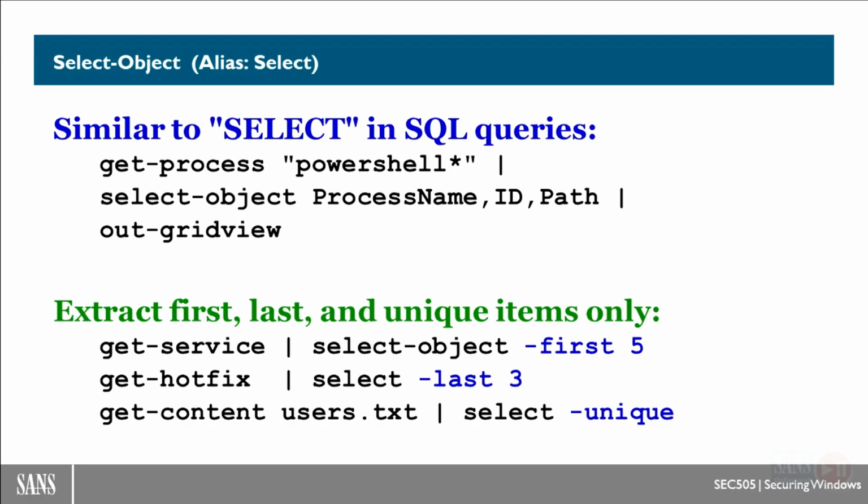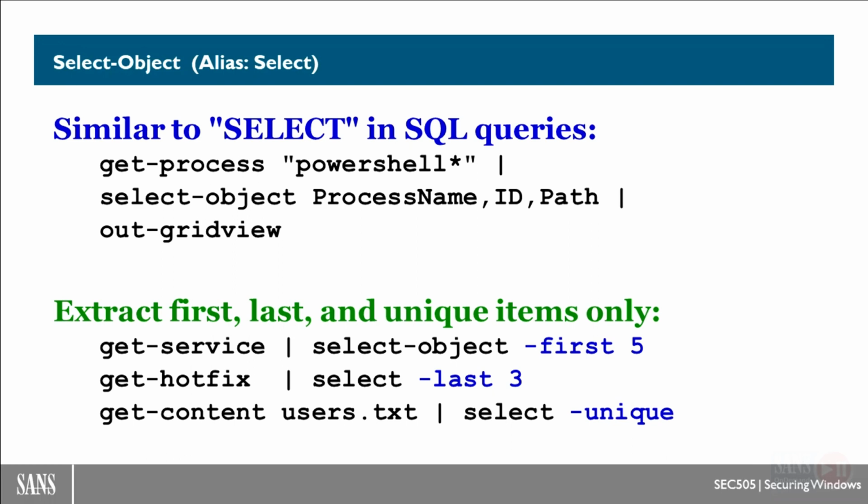Now, by analogy, what's the PowerShell version of cat? Or for the old DOS prompt, what's the equivalent of the type command? It's get content. So get content can read users.txt, a text file. Each line from the text file is emitted separately as a string object. And notice that the